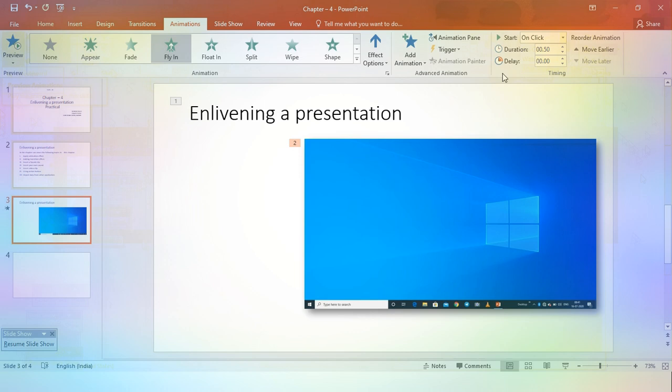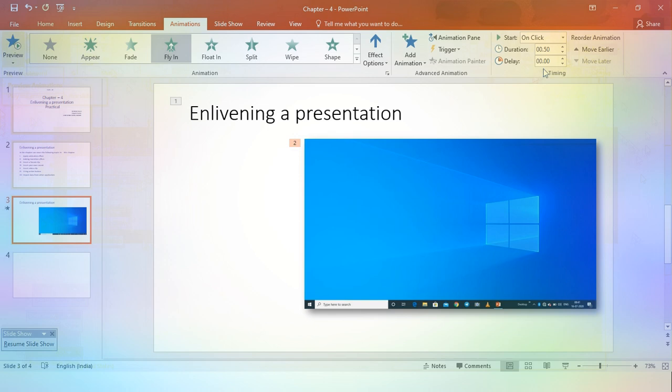These are other aspects of this feature you can use while doing your practical. Duration means what amount of time it takes to display, and delay means it starts after a few seconds.